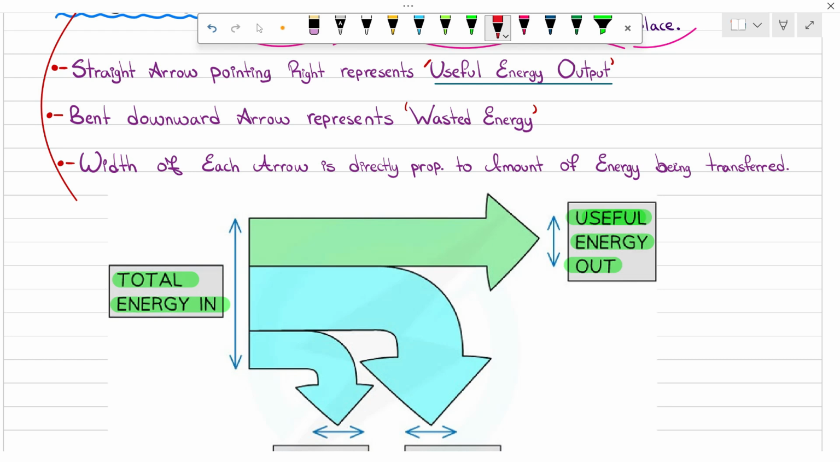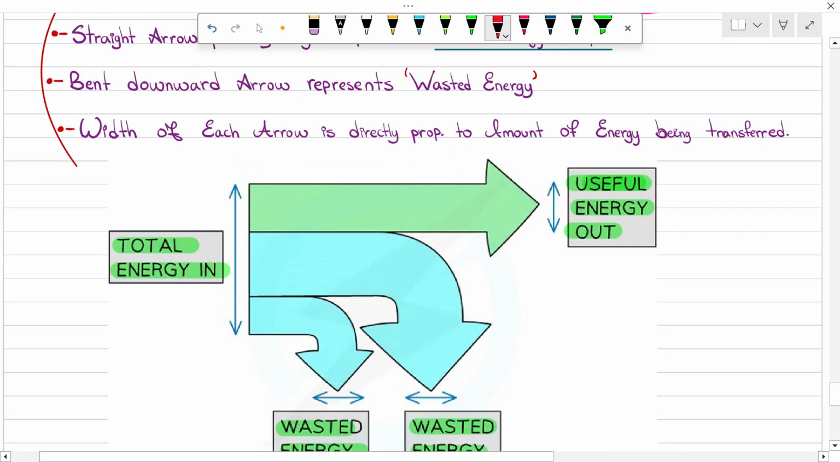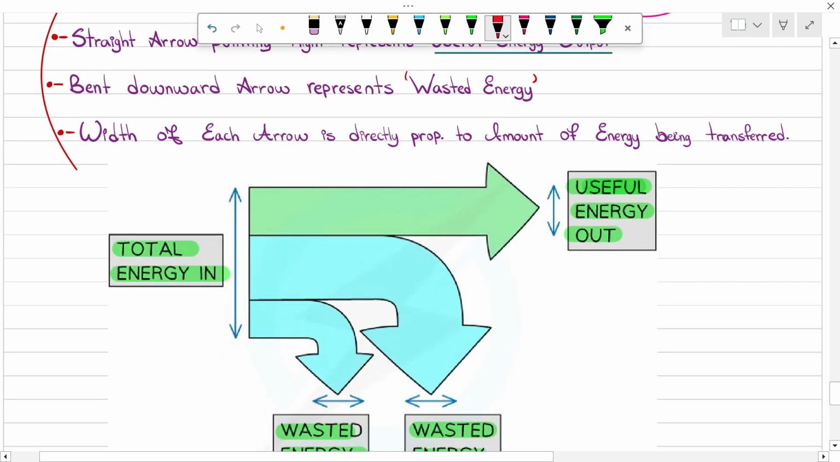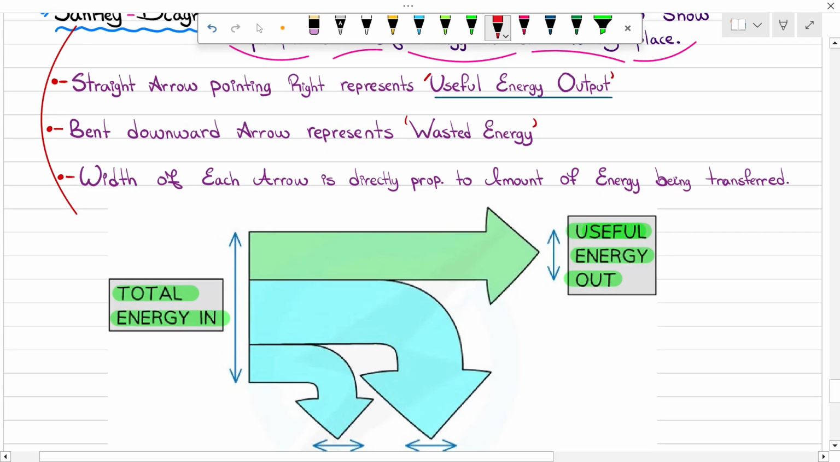So for example, having a look at the first graph, the straight arrow is quite narrow, but the other two arrows are quite thick. This means more energy was lost and wasted in output than was put into useful energy output. And that is also pretty much it for this